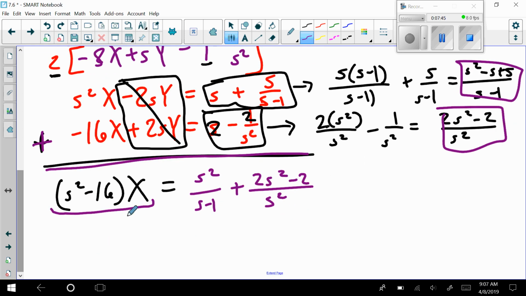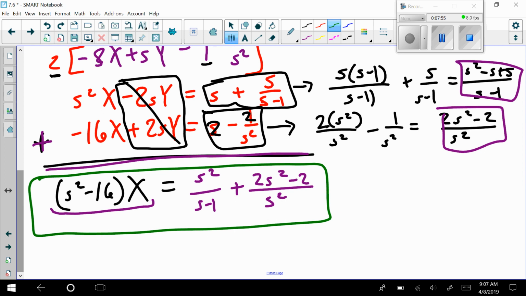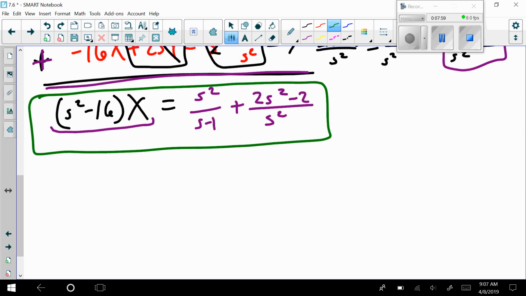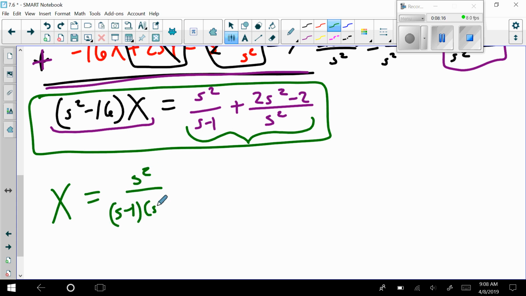And now what you can see is I'm actually at a spot where we've seen this type of stuff before. This right here we saw all back in Unit 3. A couple different ways to tackle this. One, I could make this whole right side into a single fraction, right? I could do that. Or I've seen some of you divide out this s squared minus 16, which would become s squared over s minus 1 times s minus 4, s plus 4,